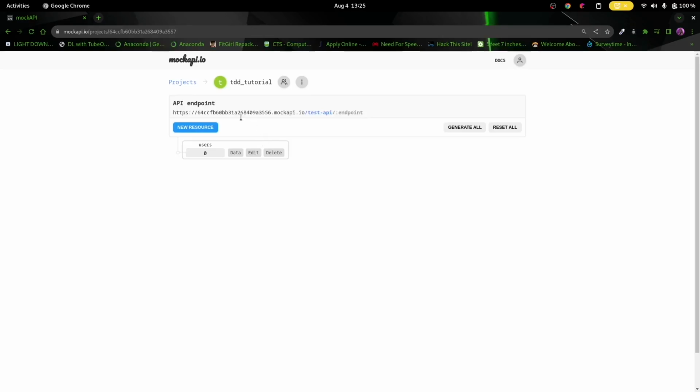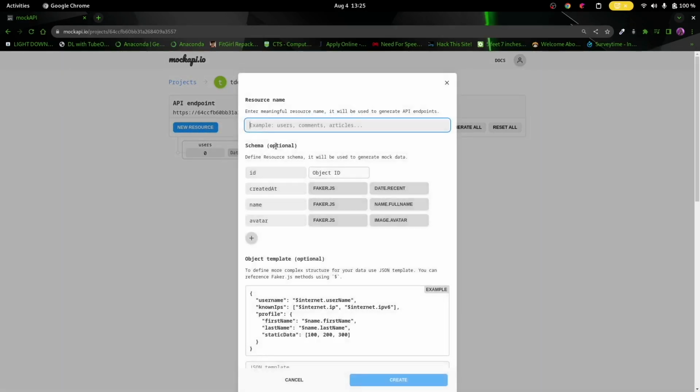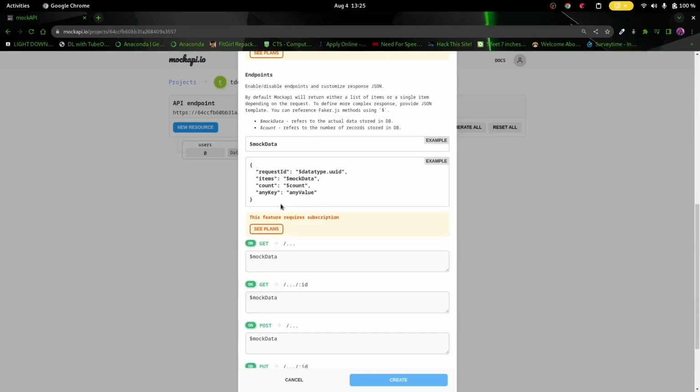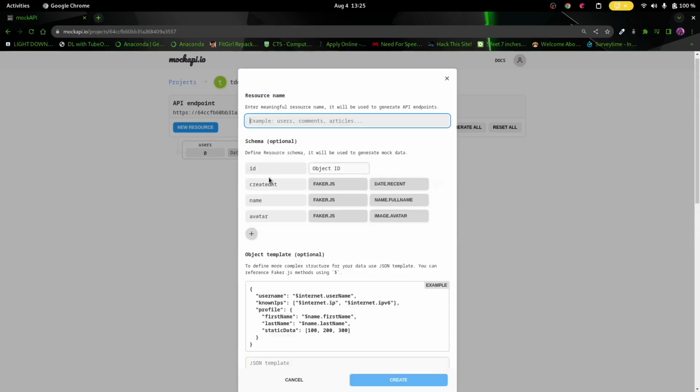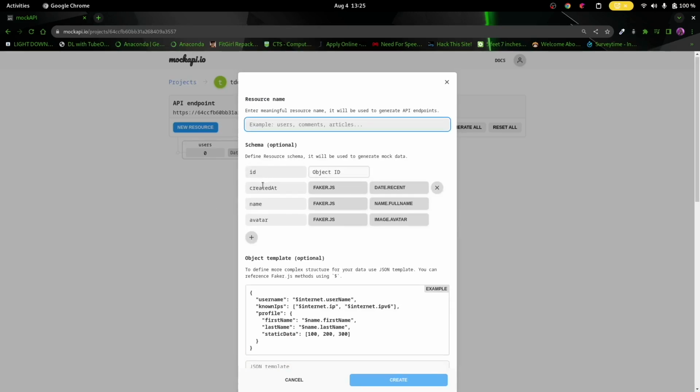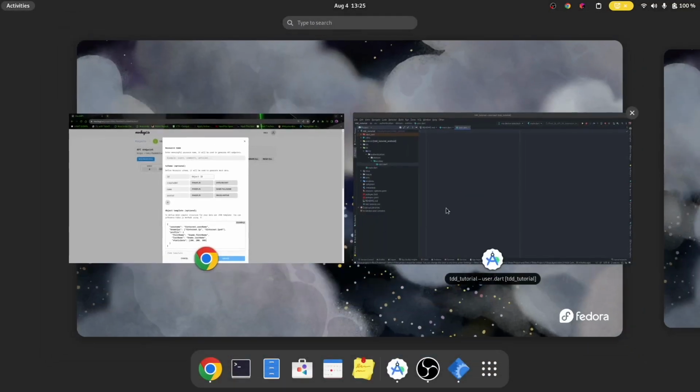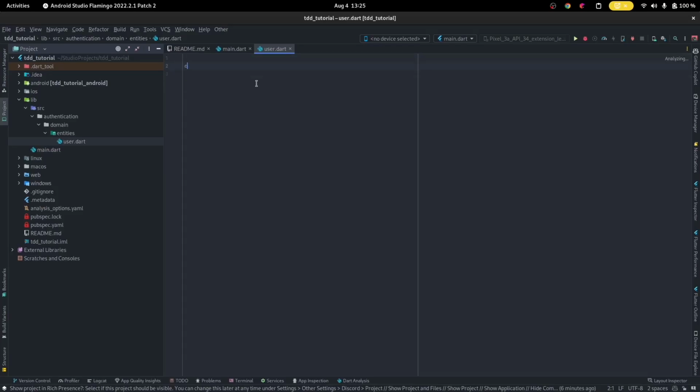Let's go ahead and see what our user has. So let's try and create a new resource. You can see that a user has ID, createdAt, name, and avatar. And I think these will come in the same format when we're fetching them. So ID, createdAt, name and avatar. Right, so we will have the class User, and the class User will have